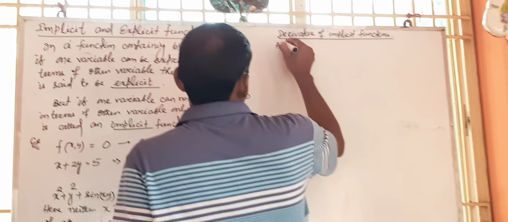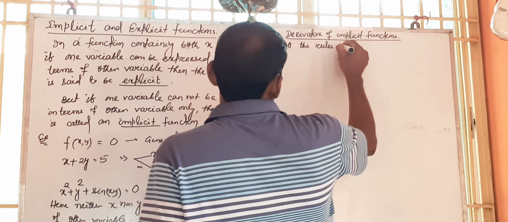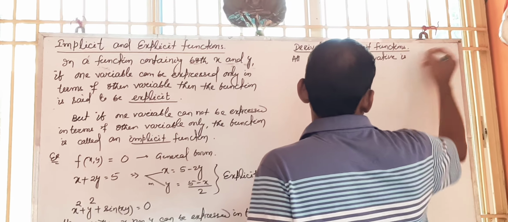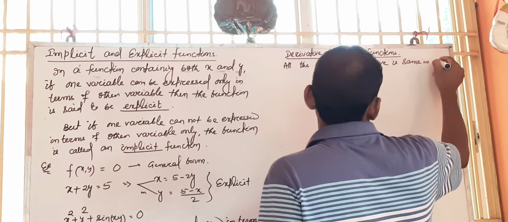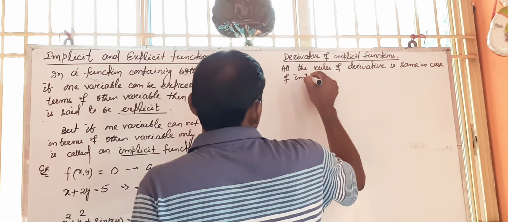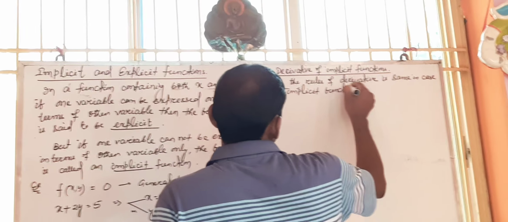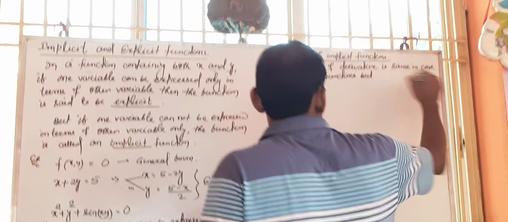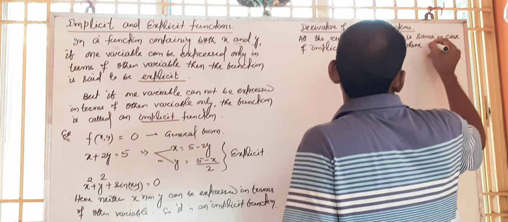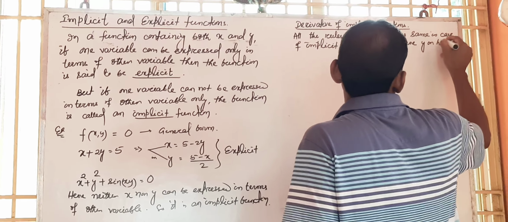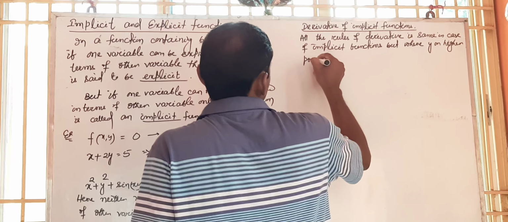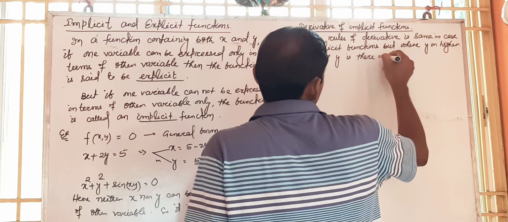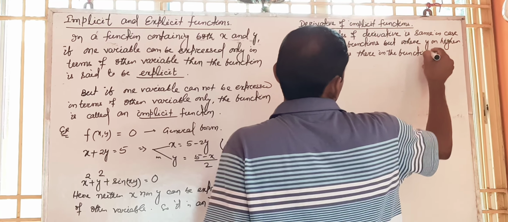Here all the rules of derivative are the same in case of implicit functions, but where y or a higher power of y is there in the function,